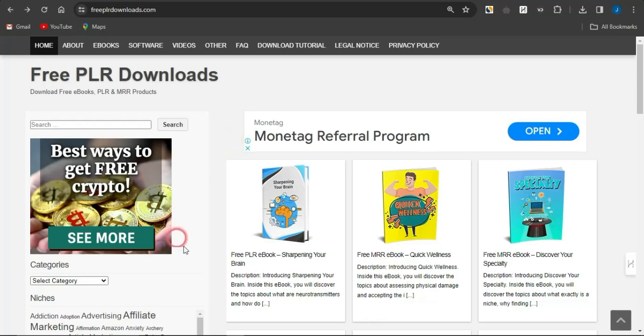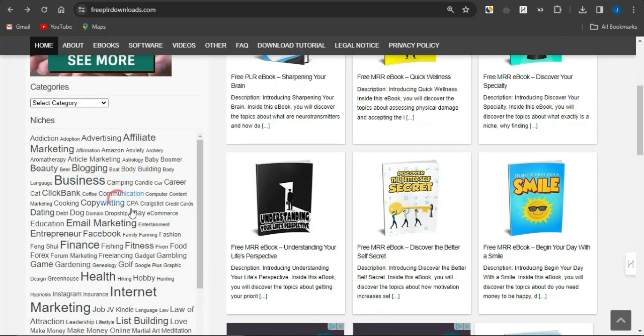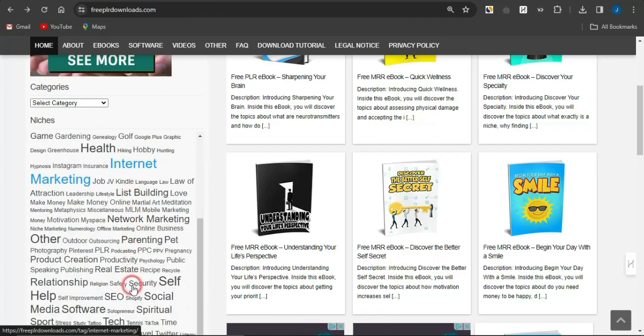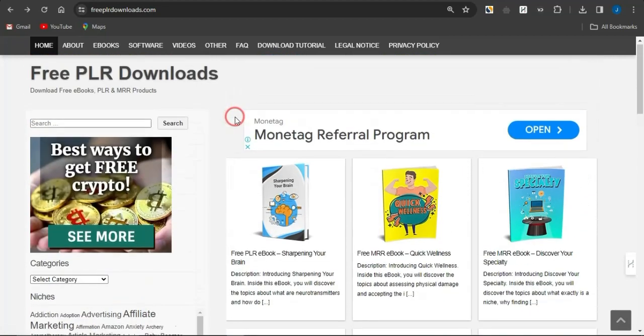So you just need to come right here and focus on any niche right here. As you can see, the niches are quite numerous, ranging from the addiction niche, affiliate marketing, to the business, to the clickbank, copywriting, and a lot more niches right now. So if you can focus on any niche of your choice right there, just simply select the PLR from that